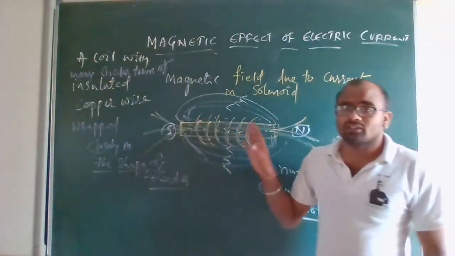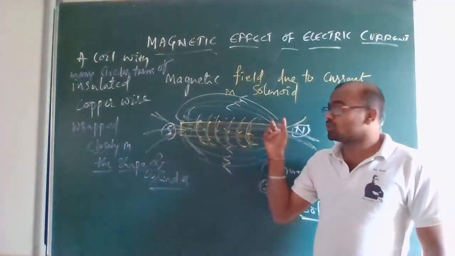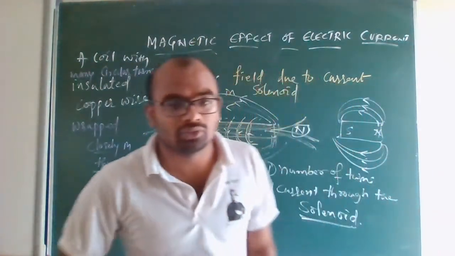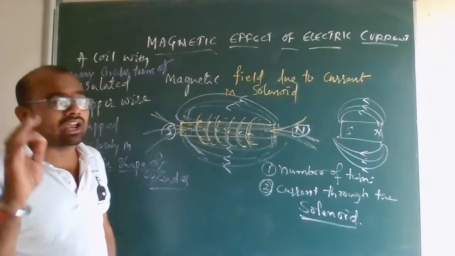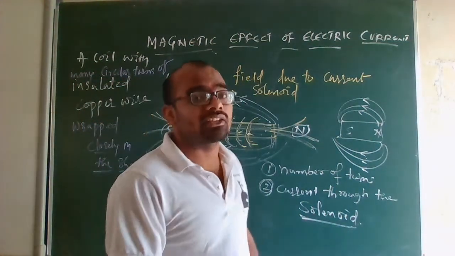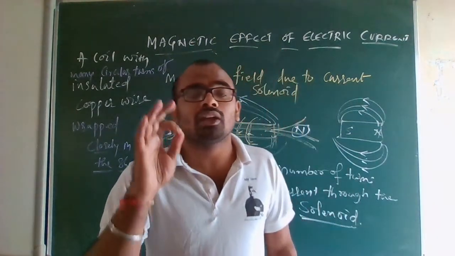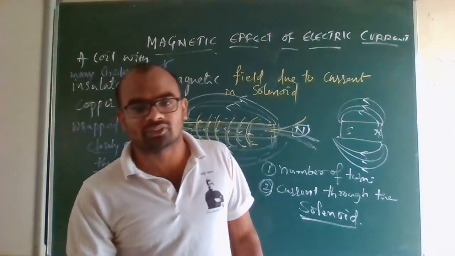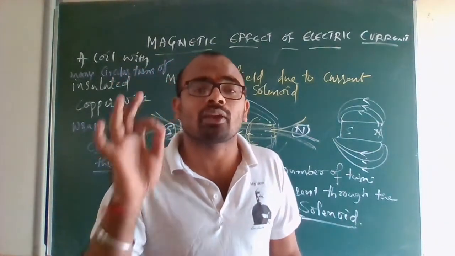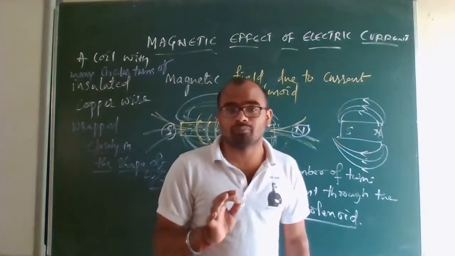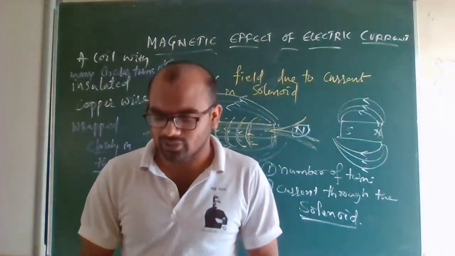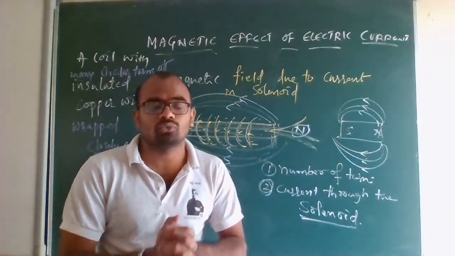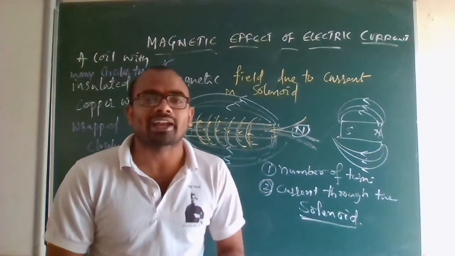Solenoid definition: outside, the field is like a bar magnet, north to south, but inside the field lines are parallel. This is very important. Solenoid magnetic field lines are parallel inside. At every point the magnetic field is the same. So that is what we can say for that. Okay, after this, we go for the electromagnet.